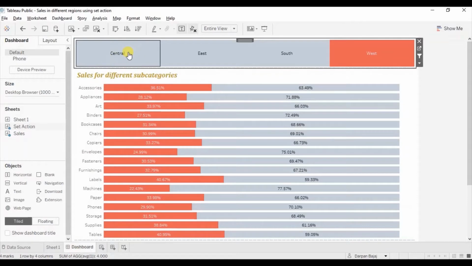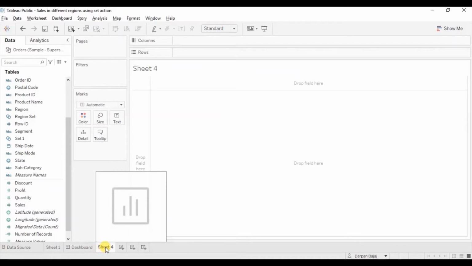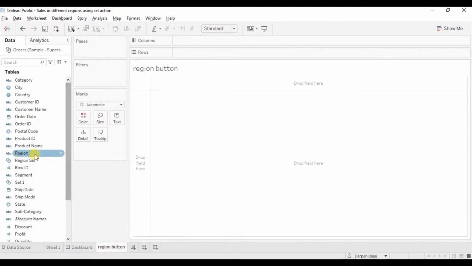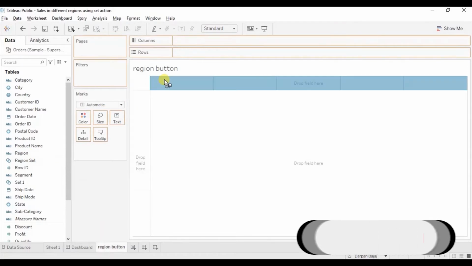Now last step is to create this type of buttons which will allow user to select any region. Create a new sheet. Let's name it region button. Drag region to column shelf.